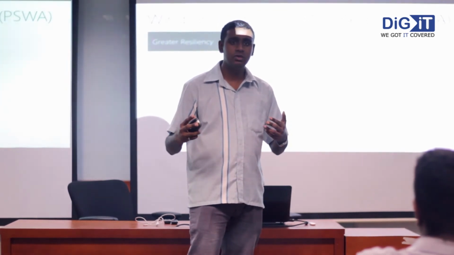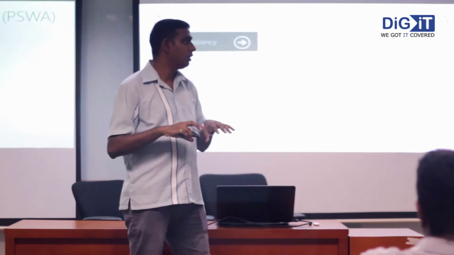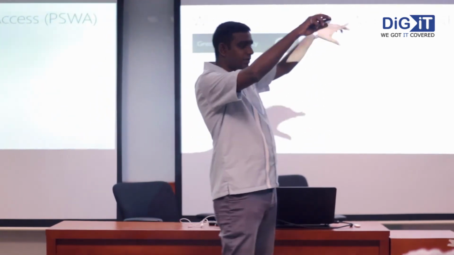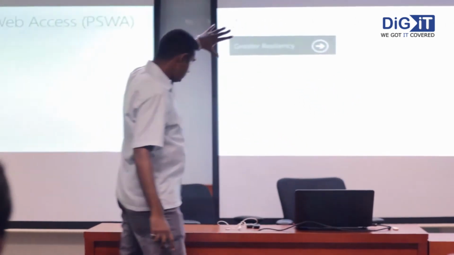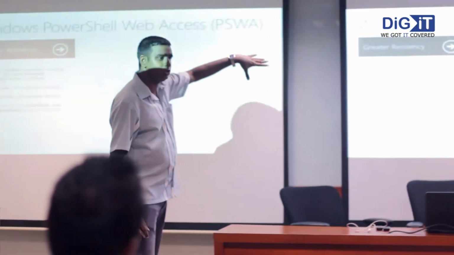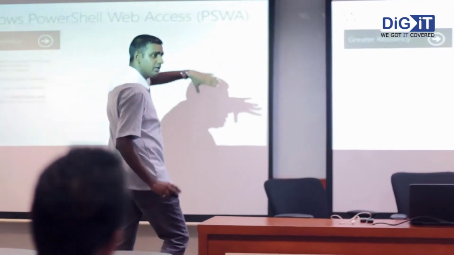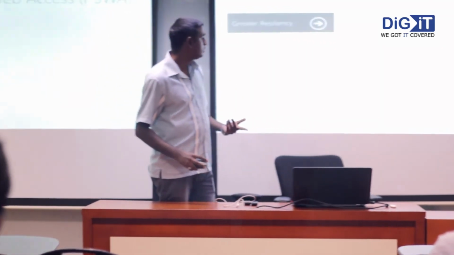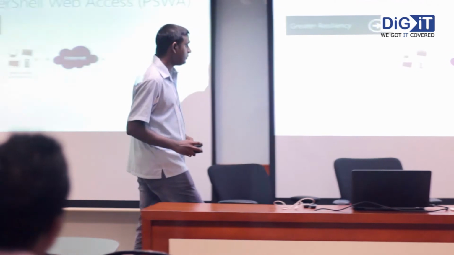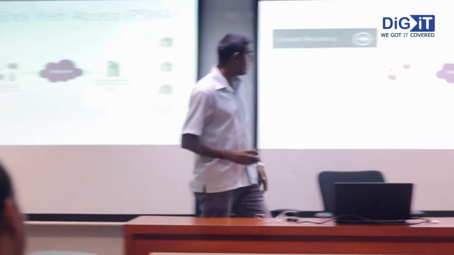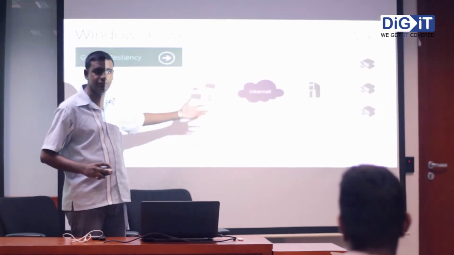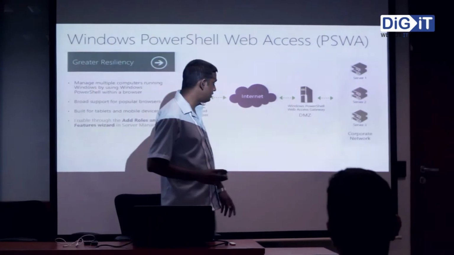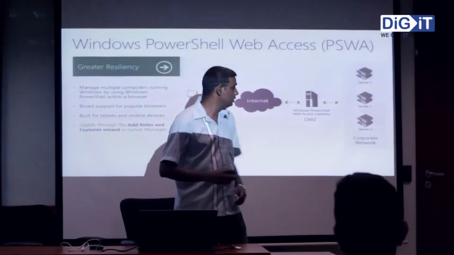What you are getting is you can log in to your PowerShell Web Access gateway using your credentials. From there you are getting a PowerShell window in a web browser. From there you can manage your data center from that single console. Even if you close the window, you can rejoin the session from there. So the basic structure is like this. You can use your mobile. Even your mobile works with that if your browser is HTML plus Ajax enabled. From the internet you are connected to the PowerShell Web Access gateway, and from there you can manage your corporate network.